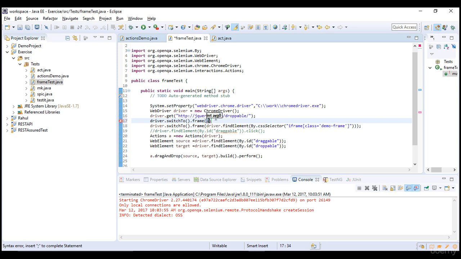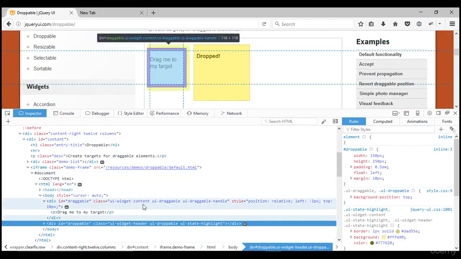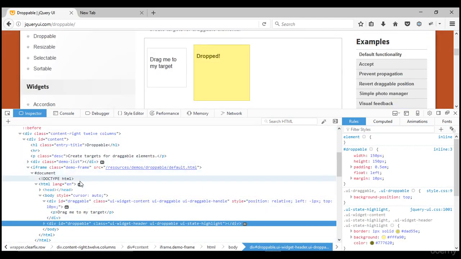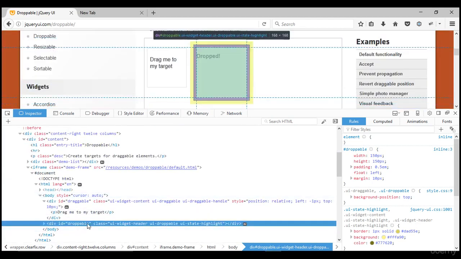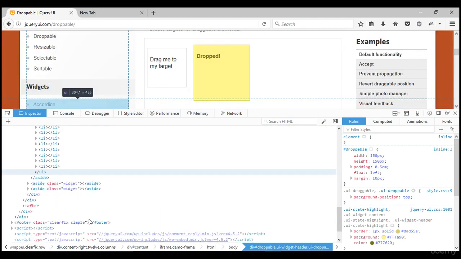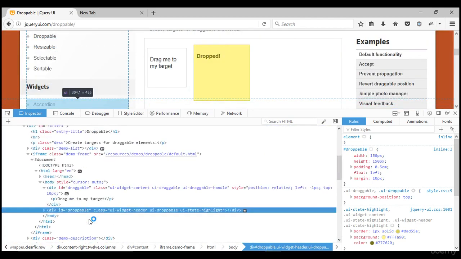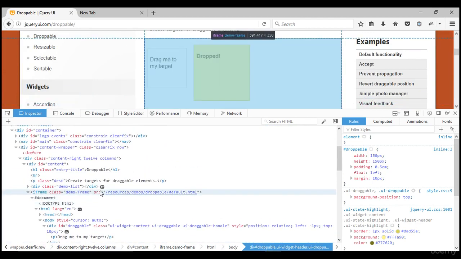That's it. So rather than providing a web element, you can also do it by index, but I would not suggest this, because tomorrow if the developer adds one more frame, then this step will go for a toss. Now in our application there is only a single frame, I think. Do you have any other frame? How do you know that? This is a little bit tricky, right?